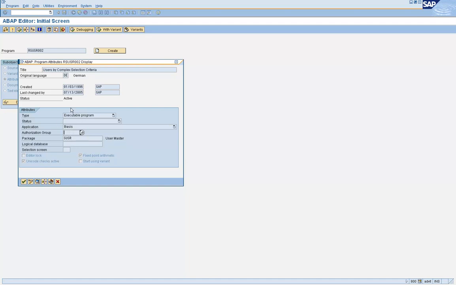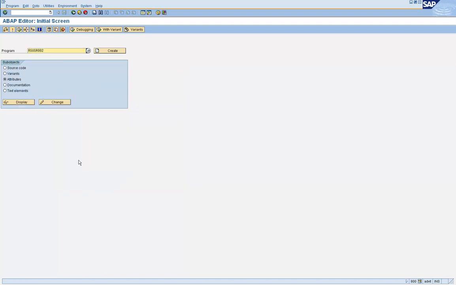For example, in this case, RSUSR002 does not belong to any group, which means anybody who has access to SA38 or SC38 can execute this program, irrespective of what his roles contain for S_PROGRAM.